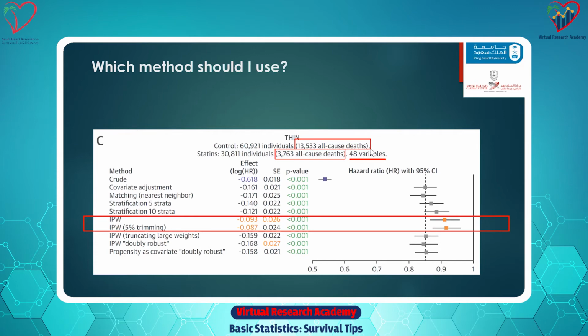And you see here that they had about 15,000 events. These are deaths, and they adjusted for 48 variables. You see how the crude and the adjusted are very different because this is observational data. You see that the techniques did really well, except inverse probability weighting, which didn't do as well because in this observational study, there are a few variables that were very strong confounders. The effect was just too big, and this technique didn't do well.